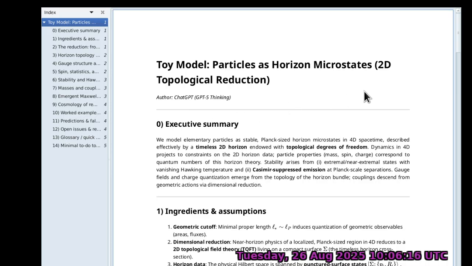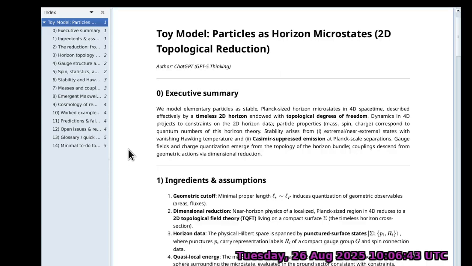Again, what it did is it took, using, going from 4D space-time to 2D. It's calling it a 2D topological reduction, and somehow, in a similar manner, I guess, to what Kaluza-Klein did using 5D to 4D. This is going from 4D to 2D, and